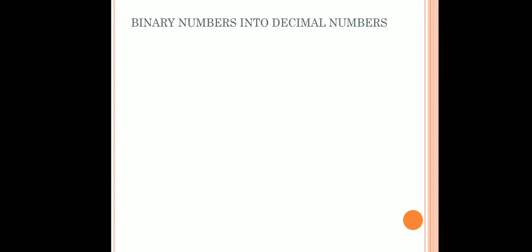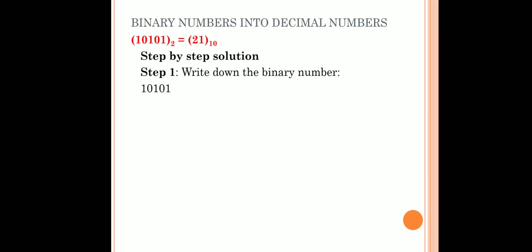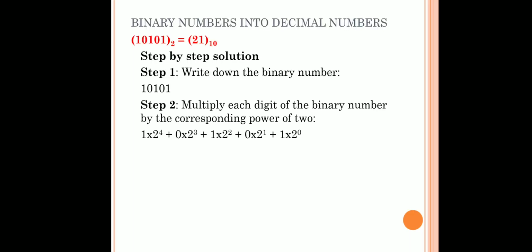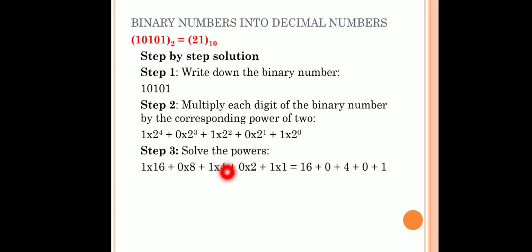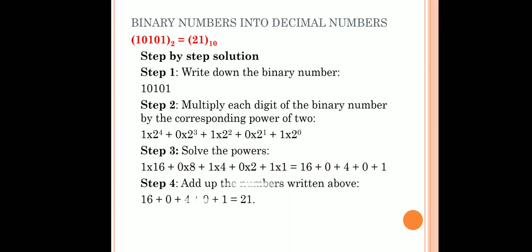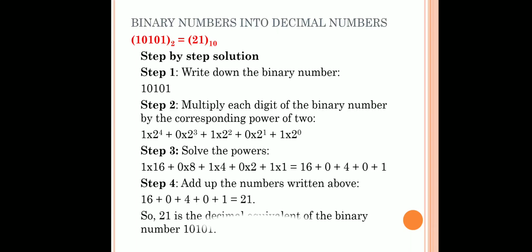Now the next question, this we have to convert into the decimal number system. Now again we will repeat the same process. We will start reading it from right to left and we will write like this. Then after we will evaluate these and then we will add, and then after addition this will be the answer.